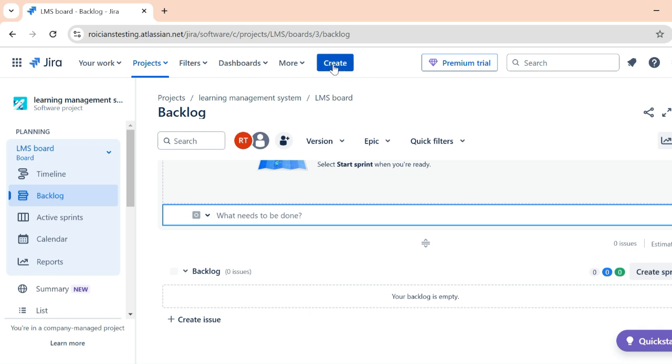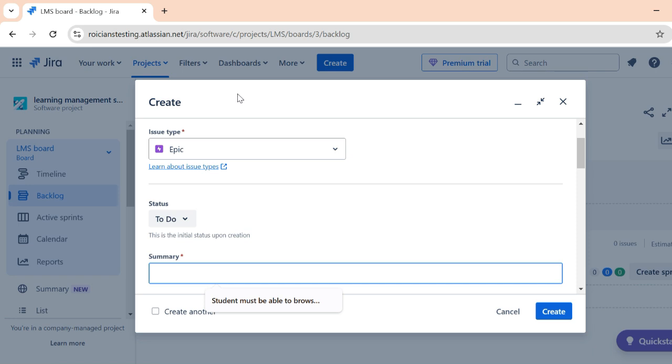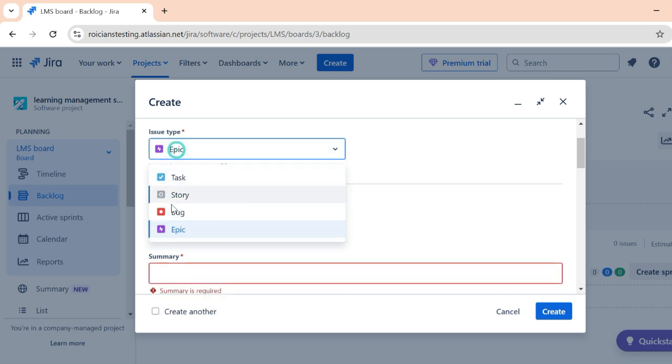So we are choosing this way. I'll click on create and the window for issue is opening. Guys, if you are seeing a smaller window, you can click on create button again and you may see a bigger pop-up. So here we'll choose the issue type. The issue type in this case is Epic. See, we have multiple options. We will be choosing Epic because we intend to create an Epic in this case.